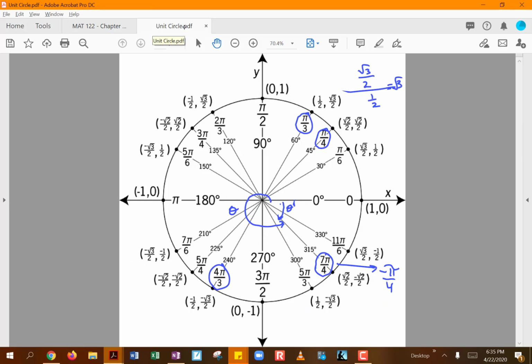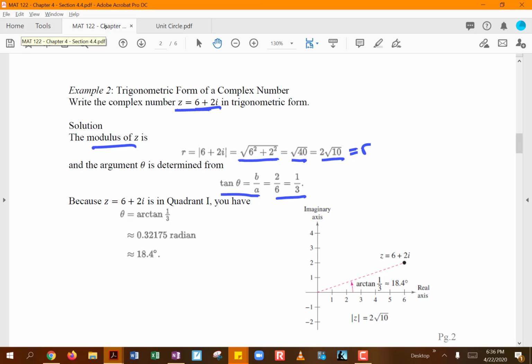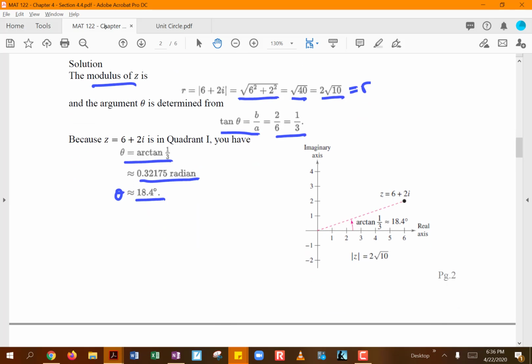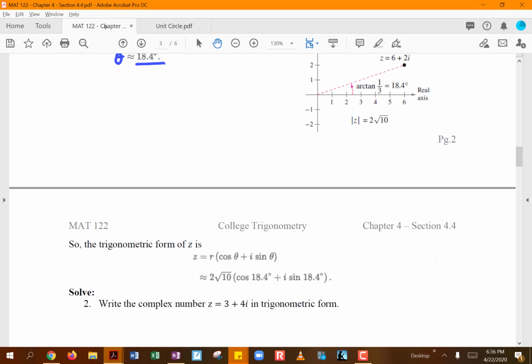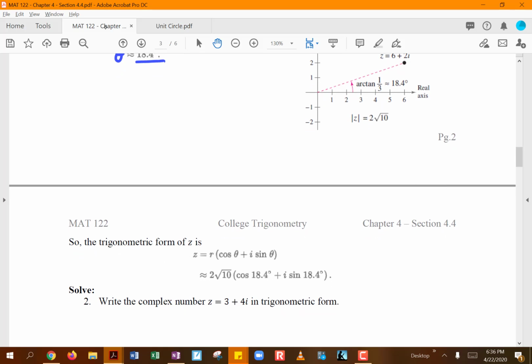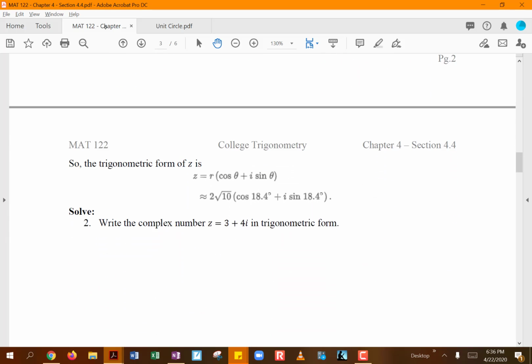Now if you look at the unit circle, you are actually not going to get the answer of 1/3 for any of these theta tangent measurements on the thetas. So that means we actually have to use our calculator to find the arc tangent of 1/3. You can do it as a radian or as a degree, but in this case we'll leave it as a degree measurement. So we have our theta, we have our r, so now we can put it in this form and you end up getting the trigonometric form of 2 times square root of 10 multiplied by cosine of 18.4 degrees plus I sine 18.4 degrees. Okay,